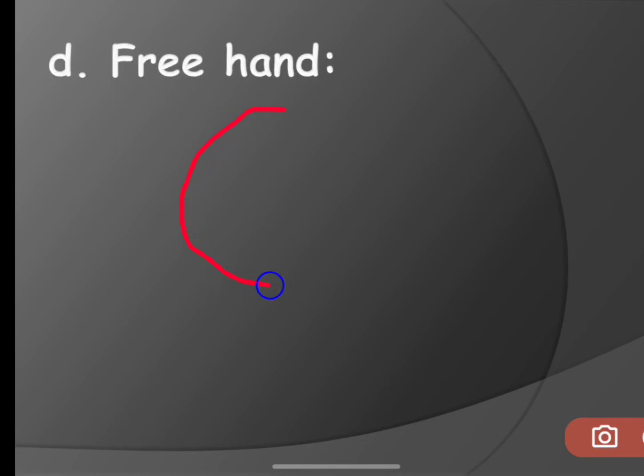Normally you draw a circle with your hand and the pencil. Okay, any circle. You can draw a small circle like this, or a big circle like this. Any circle you can draw with your free hand. That means your hand and your pencil have to draw this circle. Okay, children, so draw this, children.